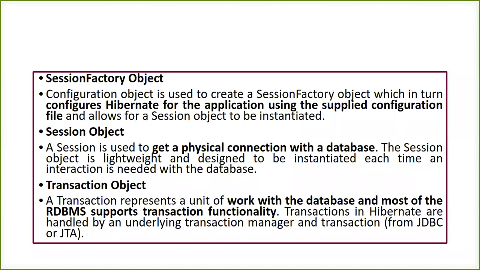So the first one was your configuration object. Now the second one is your session factory object. When I move from one level to another, the application has sent all the information in its object. That object has reached the Hibernate tool. The first job the Hibernate tool does is create a configuration object for that information which has come from the application. In the configuration object, it has configuration files, either a properties file or an XML file, and a class mapping also.